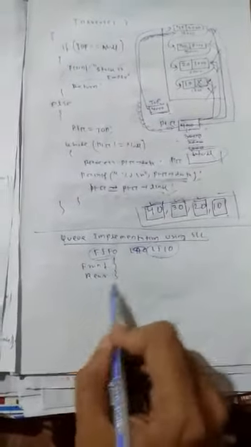See here, initially suppose your queue is empty. What is the queue property? The property of the queue is that it supports first in first out, or last in last out. Next, there are two variables, front and rear. Insertion and deletion depend upon these two variables, and the queue follows the FIFO mechanism, or LILO. So front and rear are the two variables.